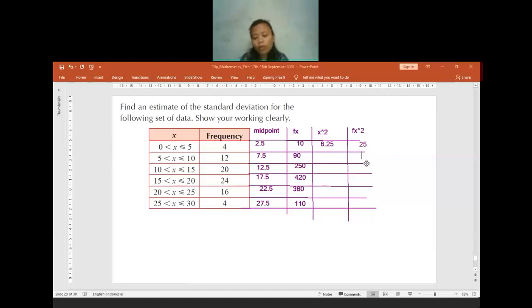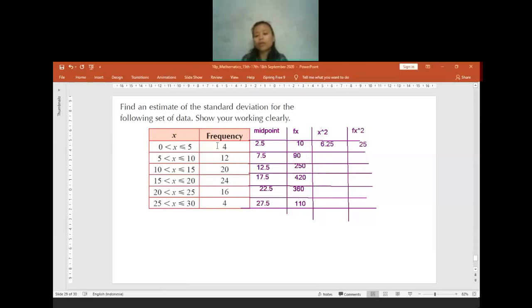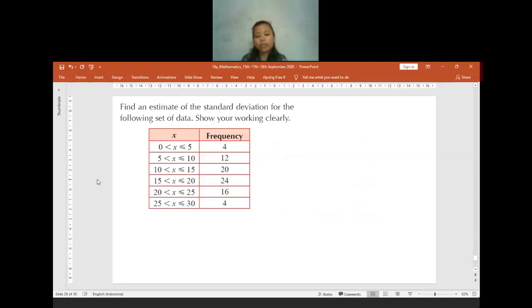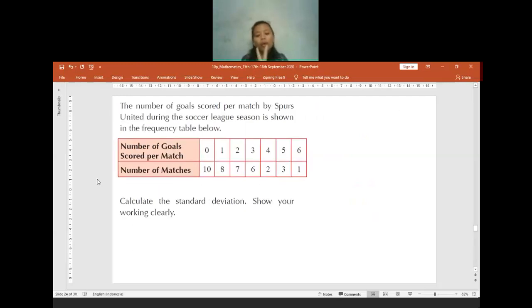I hope that we can finish this question, so I will not give you any homework. We only have like 2 minutes left. Okay, I don't think we will have enough time to discuss this question. I'll give you 2 questions for homework from these slides. Later I will re-upload the file to you. This slide and also the previous slide, there will be 2 questions for the homework, the ungrouped data and also the grouped data. Please kindly try to do it at home.